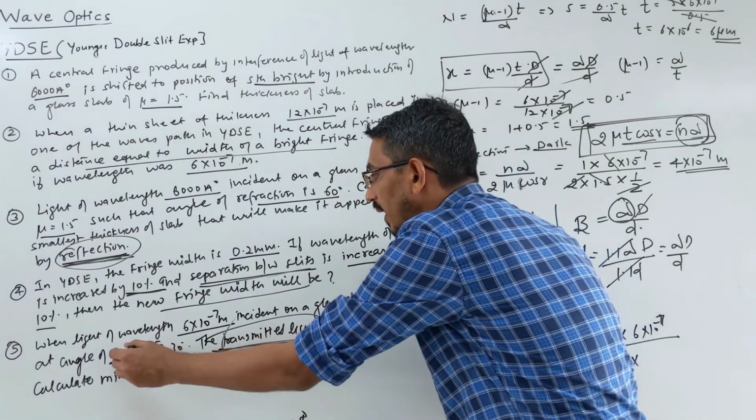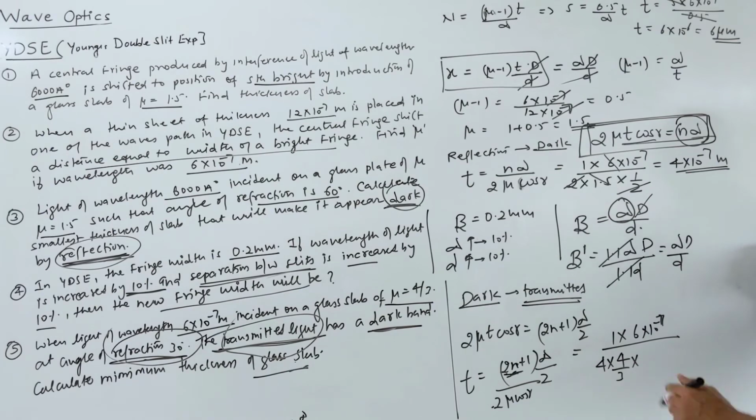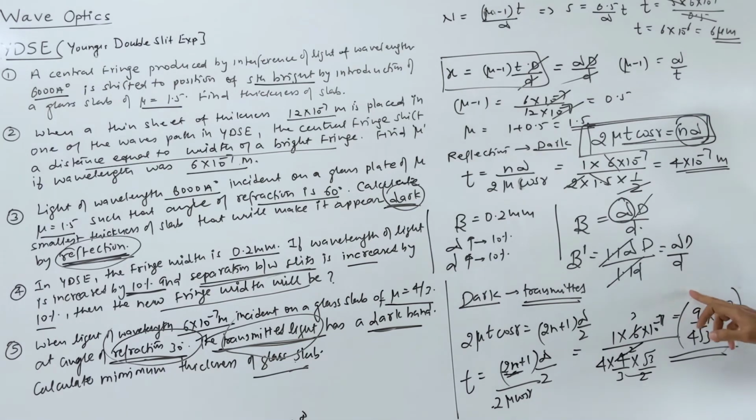The angle of refraction is given as 30 degree. Cos 30 is root 3 by 2. So let's simplify these numbers. 3 will go off, or you can cancel here itself. 2 goes 3 times. So this will be 9 by 4 into root 3 into 10 power minus 7. You can simplify this number if you want. You can write 3 root 3 and cancel that number. So you can call it 3 root 3 by 4 into 10 power minus 7 meter. You can say it that way also.